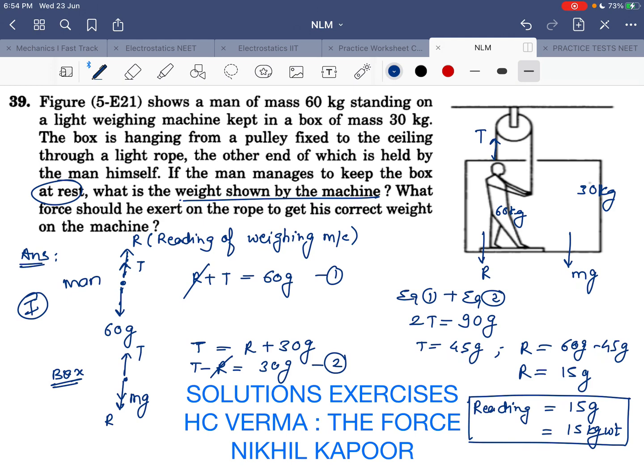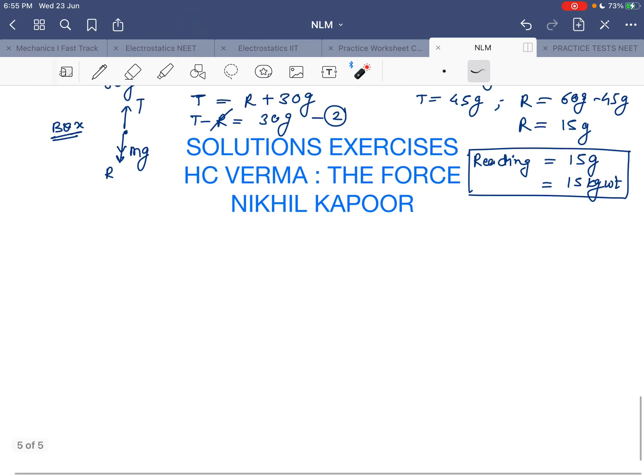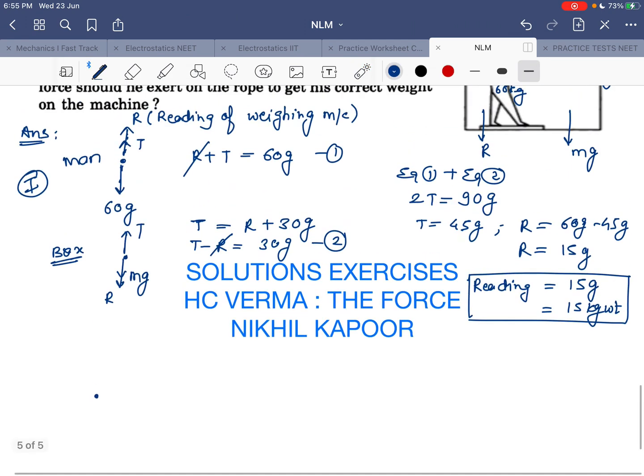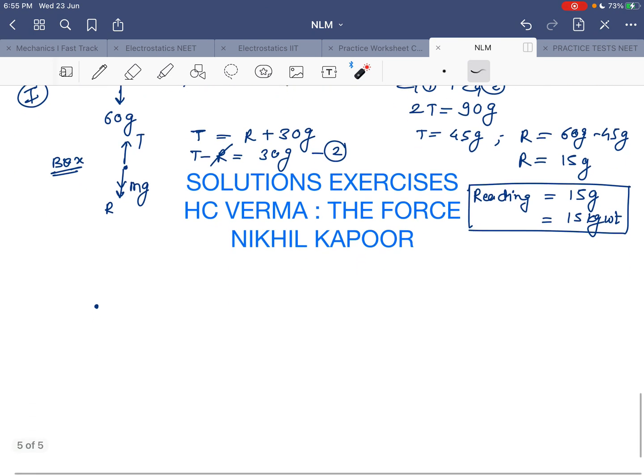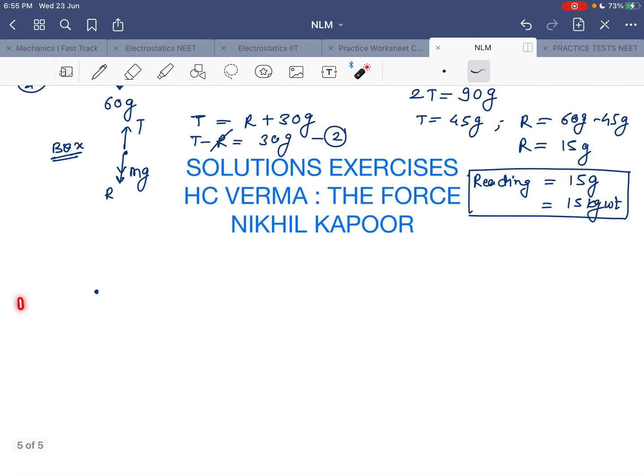Second, what force should he exert? In the next part it is asked, what force should he exert on the rope to get his correct weight on the weighing machine? In order to get the correct weight on the weighing machine, he should pull the rope and the box should move with some acceleration. If the box moves with acceleration, the pseudo force Ma will act, the reaction will increase, so the reading will also increase. So in that case, again, if I draw the FBD of the man,